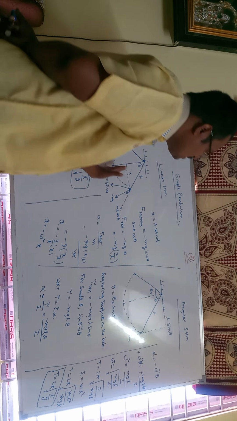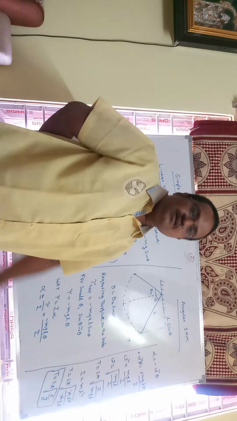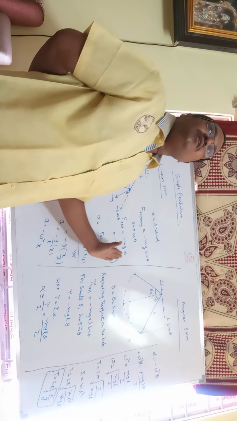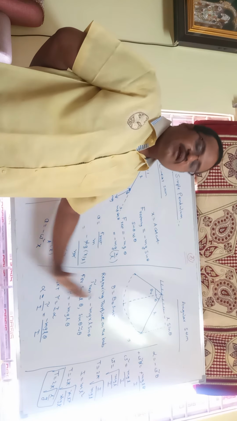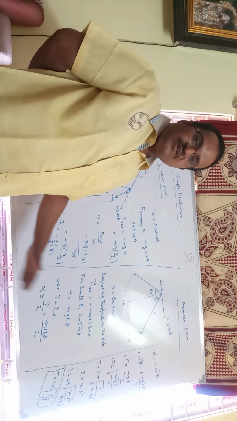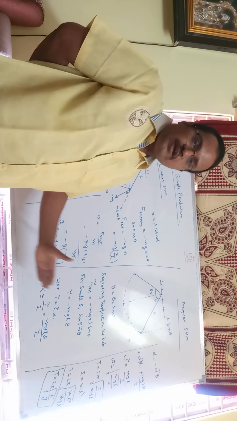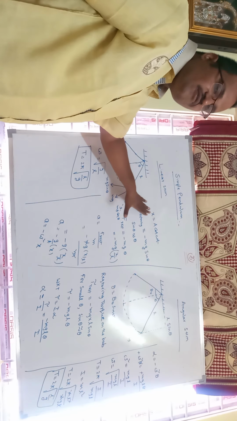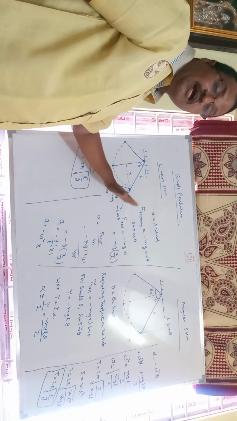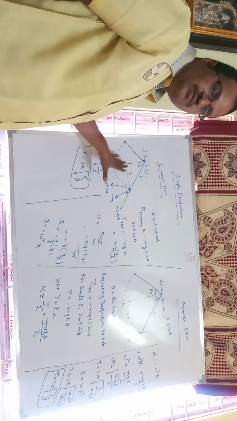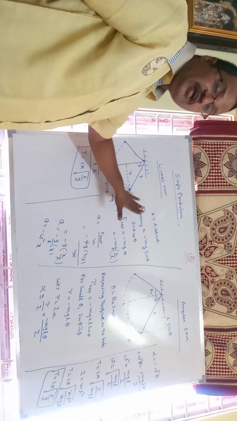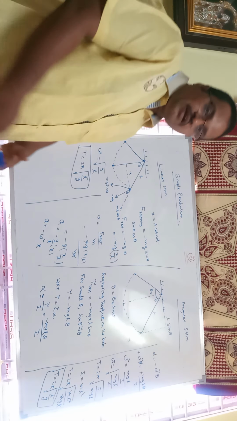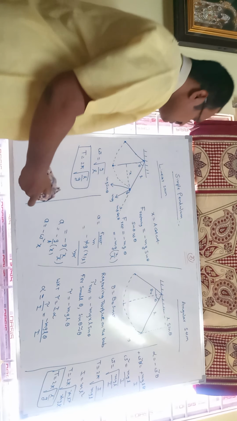Anyhow, in both linear and angular SHMs, the time period of the particle in simple harmonic motion is given by T equal to 2 pi into root over l by g. This is the information about linear simple harmonic motion and angular simple harmonic motion. These concepts are very important for solving IIT and medical problems, so we have to keep these concepts in mind. Next, we will see some applications regarding simple pendulum.